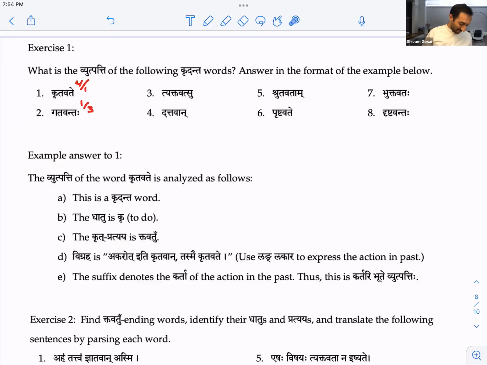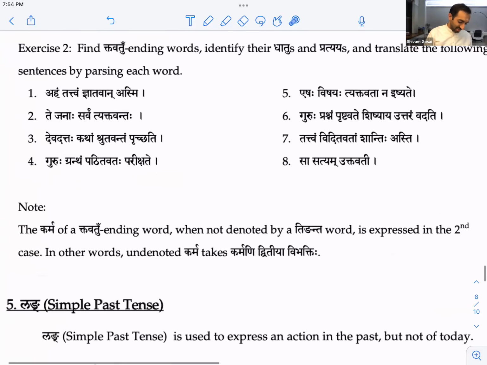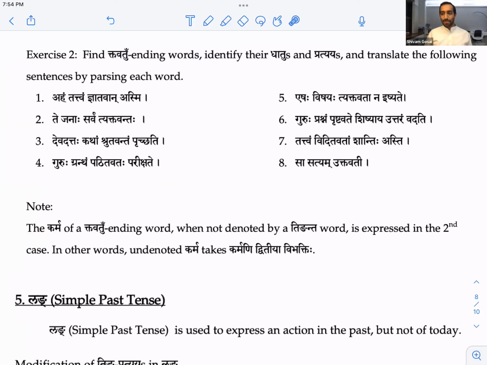So we saw some of these words. Let's look at some exercises, some of these sentences. So we'll start fresh here. Okay. So I can't see everyone. If you have a question, you have to let me know in the chat and put a question mark, because not everyone shows up on my screen.